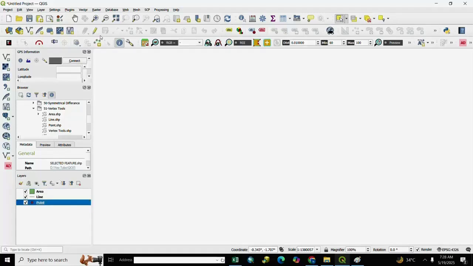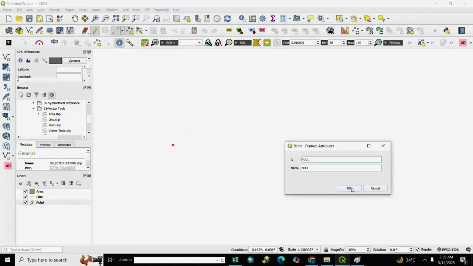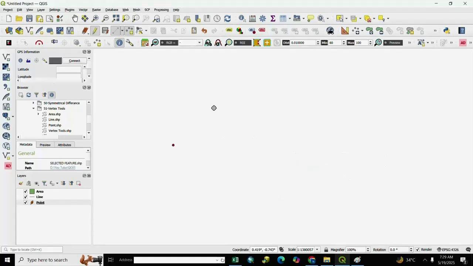To create a point, we go to Toggle Editing, click here, and select the point layer. The point layer is highlighted, we select it, and we create the first point, second point, OK, and third point, OK.